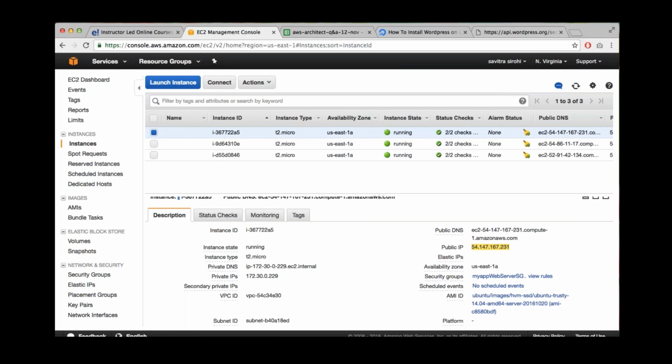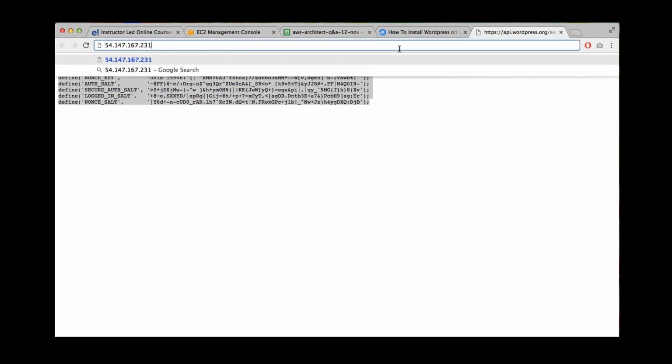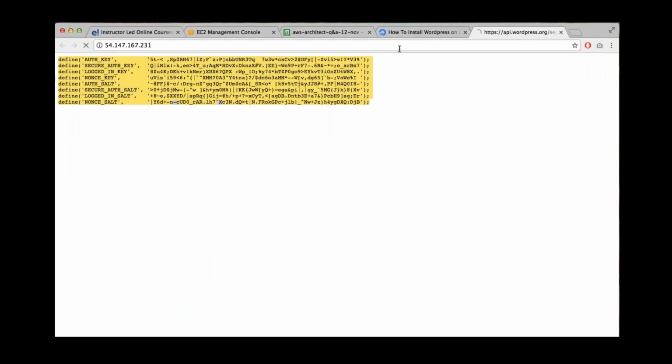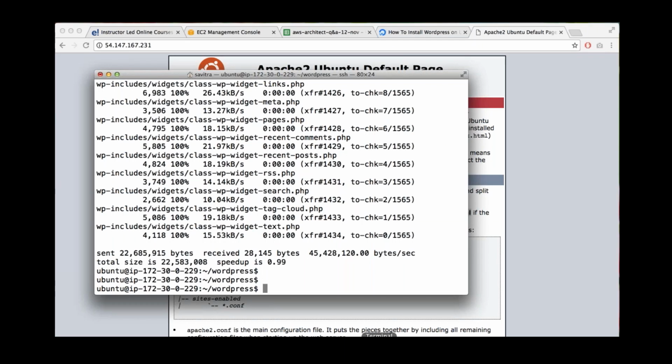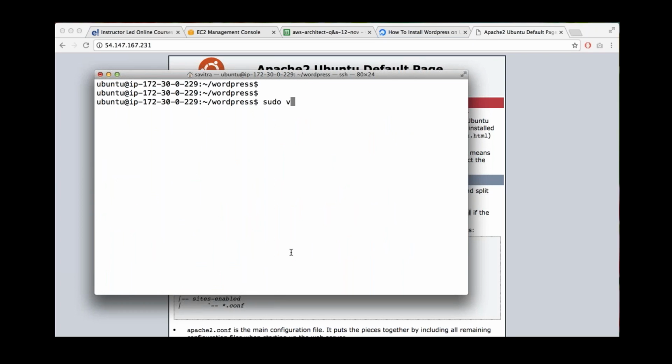Okay, so this is the public IP address, and let me just go here on the browser. You can see here that I get something. This is the Apache default page. I'm not seeing WordPress here. I should be seeing WordPress. So the problem is that we need to change the Apache configuration. So if I were to go to the Apache configuration file here,